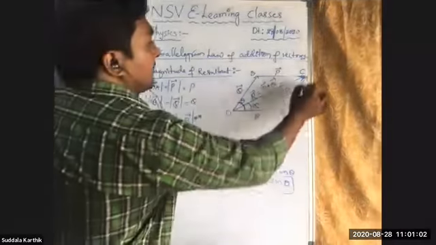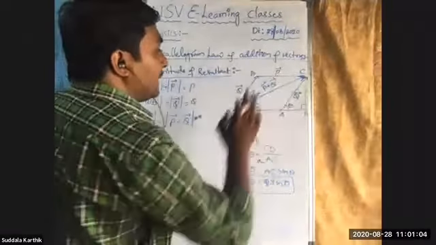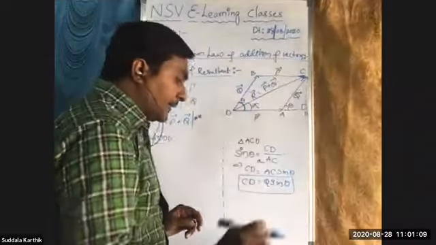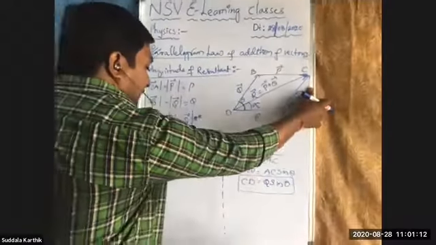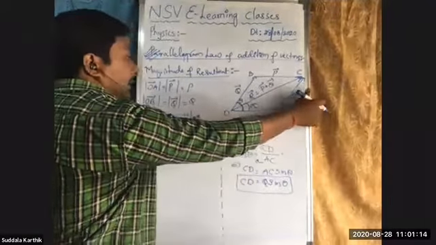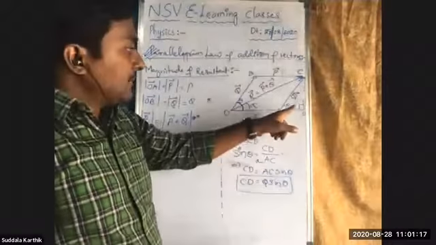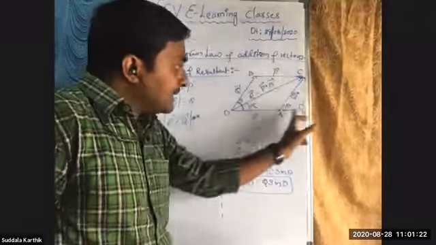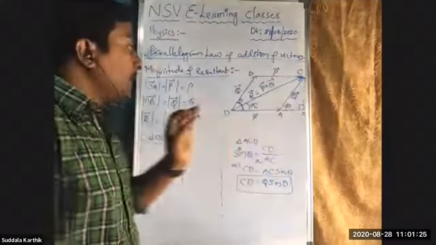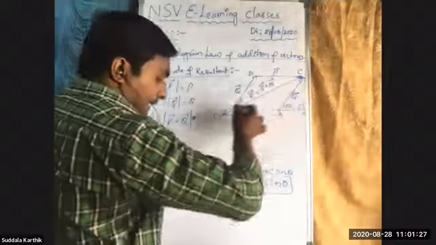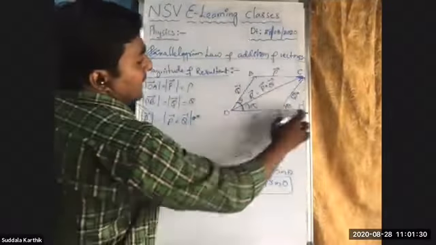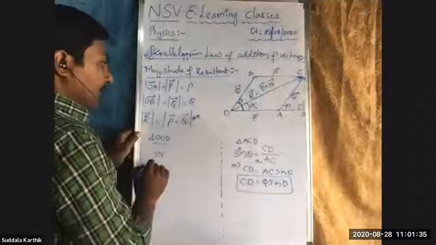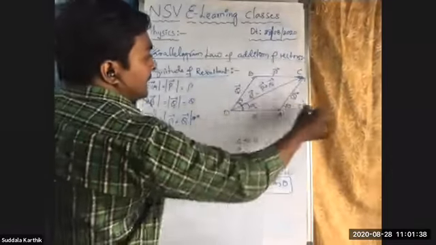And I have selected this diagram, OCD. It is also a right angle triangle. For the right angle triangle only, I have selected this as the normal and this extension. So from the OCD triangle, tell me, OD is the adjacent side, and CD is what, for this OCD triangle?